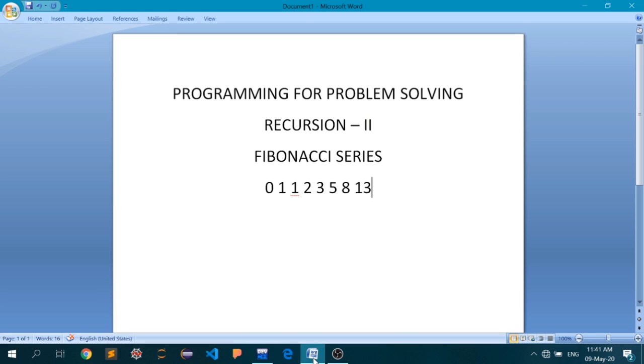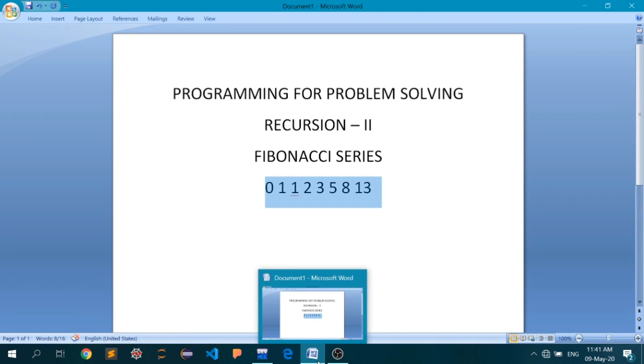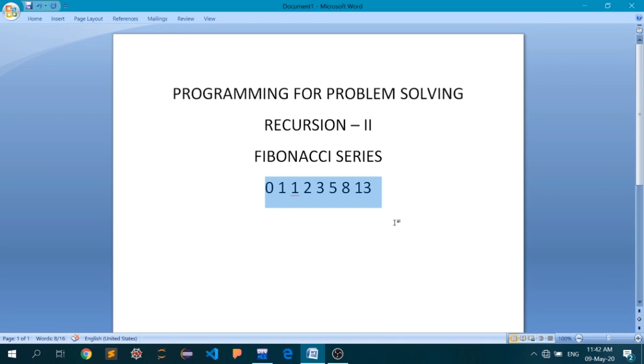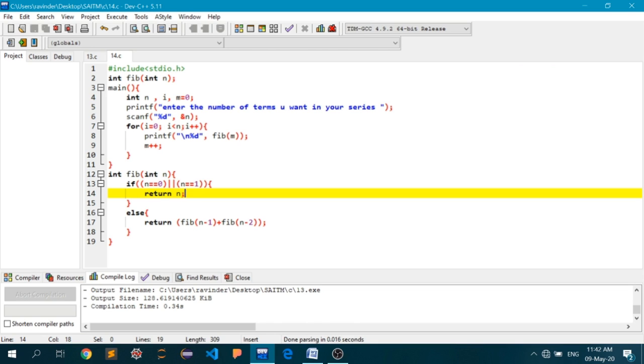So if I want the first 8 numbers printed, I will ask the user to enter how many numbers of the Fibonacci series they want to print, and the user will enter 8. After the user has entered 8, my code will print the first 8 numbers of the Fibonacci series. Let's get back to the code.